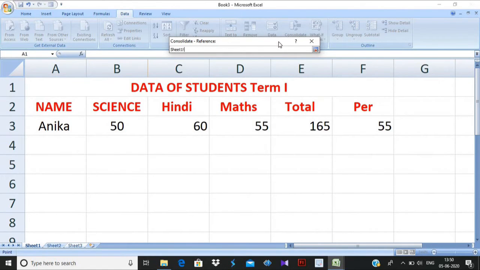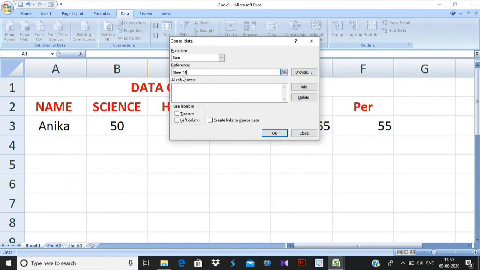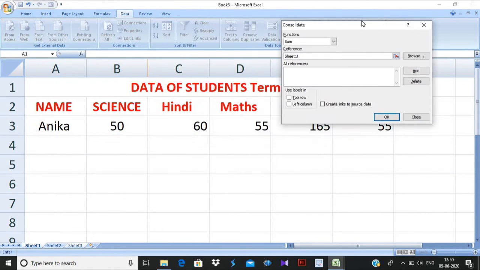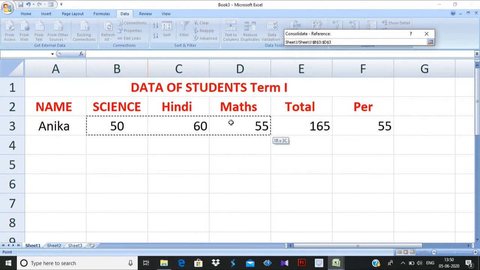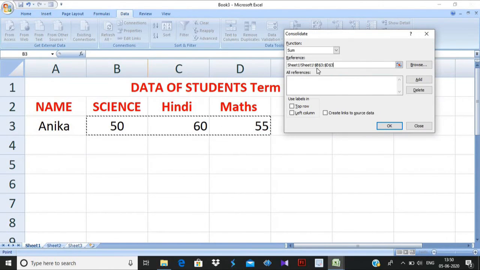When I click on sheet number 1, it shows sheet number 1. Which data do you want? These three, so you select these three, and it automatically writes the cells B3 to D3. Now click on the Add button.